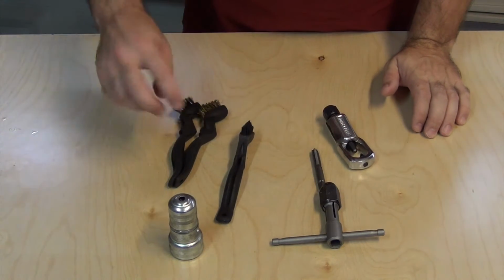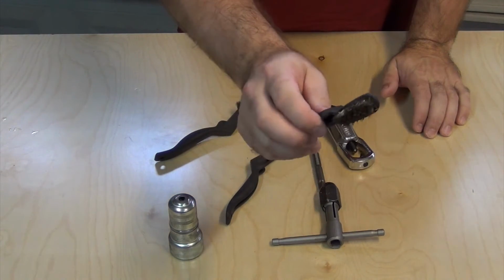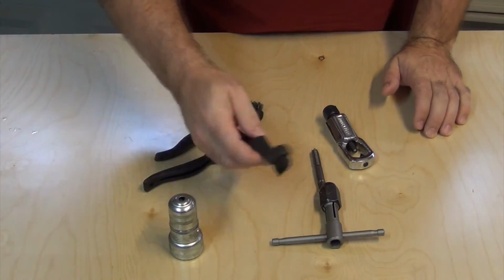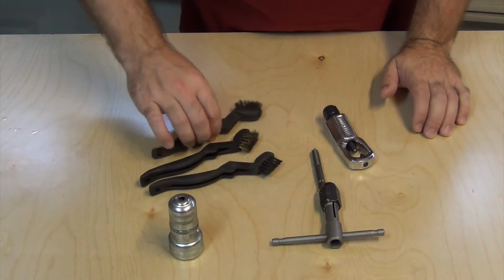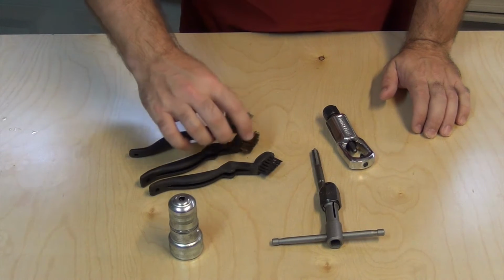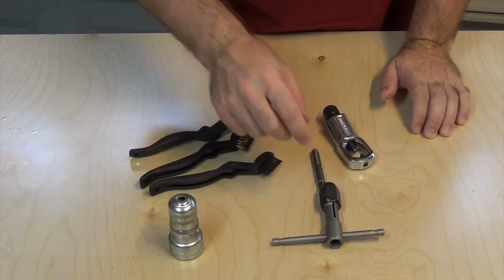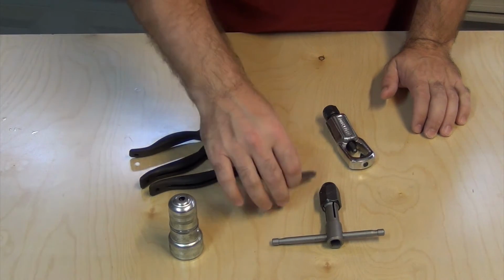Some brushes, you know, a little brass wire brush to clean threads with, a plastic wire brush too, and a metal wire brush I'll use on threads sometimes as well. But I usually try to stick with the brass just to keep things together, especially when working on aluminum. And then a quick little